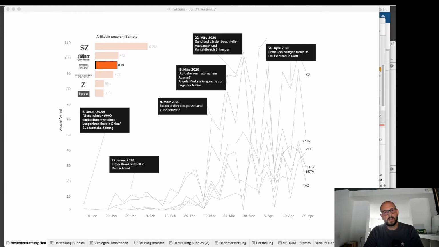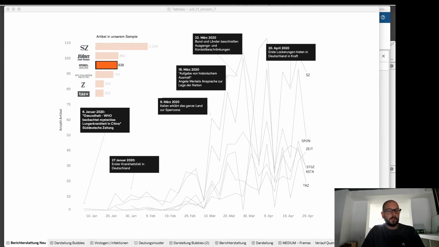Let's first take a look at the results. My colleagues Marlis Prinzing, Florian Stadel and myself, together with our students, we did a huge content analysis of more than 5,000 articles from January to April this year in order to find out how the corona crisis actually affected the news coverage in German media. All the articles had been downloaded to MaxQDA, where we did all the coding, and then in the second step we exported all the results to Tableau as a data set, in order to be able to run those beautiful